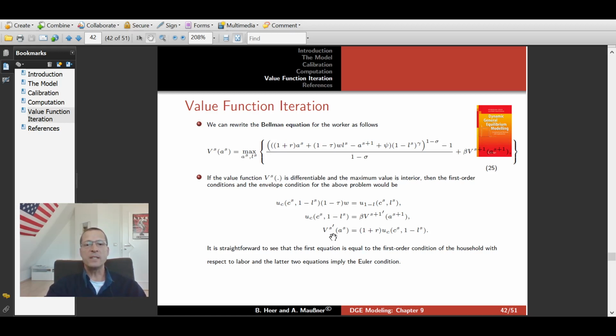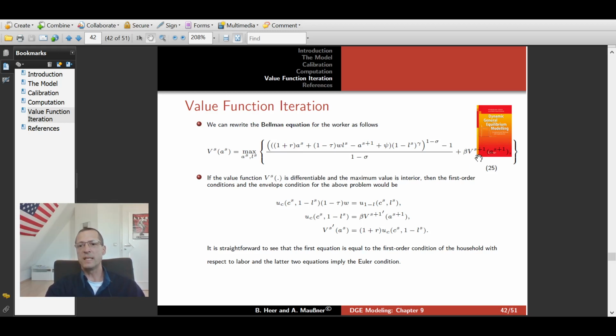So we have that VS prime of AS, the derivative of the value function at S with respect to asset level AS, is equal to 1 plus R times, that's the inner derivative of the inner function,